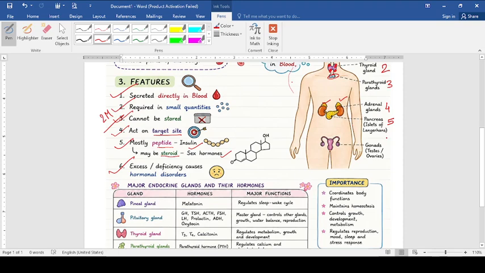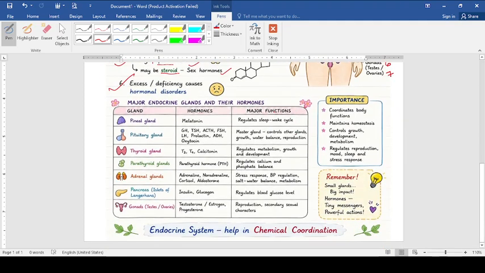Then sixth number we have to discuss the gonads. Gonads are two, testes and ovaries. We will discuss them in detail in different bodies, male and female. Here, when we talk about the pineal gland, it's not in your course, but see, it's releasing a hormone called melatonin. Now, this hormone is regulating your daily cycle. Second, it's not in our course, so we are not focusing much on this.